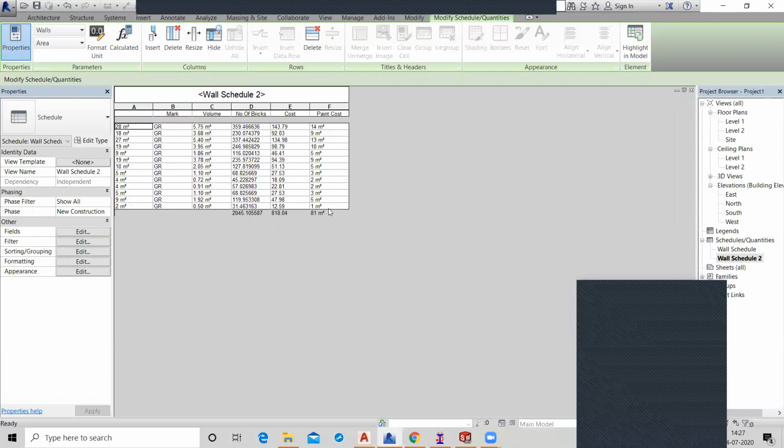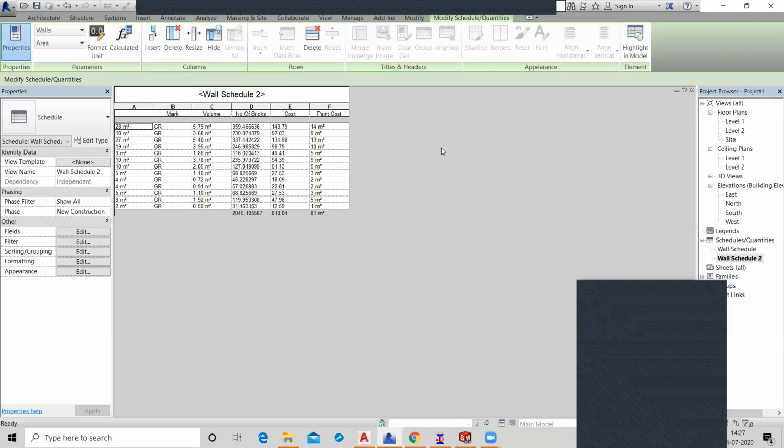Paint cost is in square meters, because this is not divided by area into the cost. We have the numbers to multiply with cost. So we have to define the area into the 0.5 dollar per square meter.